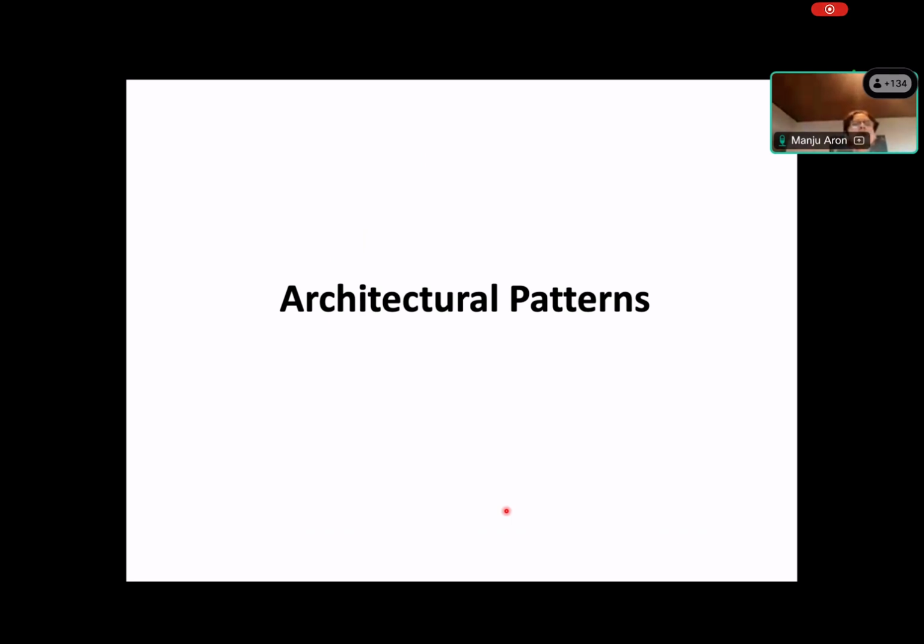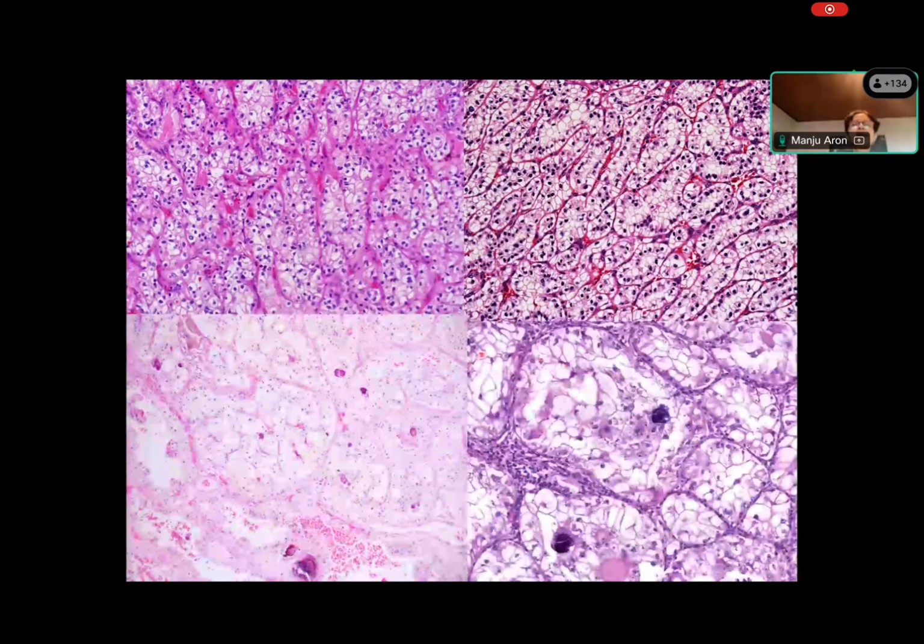Now let's look quickly at some architectural patterns. So here, these are all tumors with a nested kind of pattern.